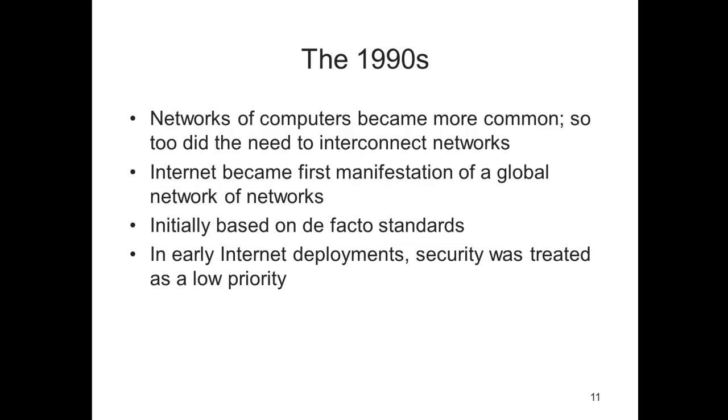There has been a price for this phenomenal growth of the internet. When security was considered at all, early internet deployment treated it as a low priority. The goal was connectivity at the time, and as we'll talk about, there's always going to be a trade-off between connectivity and security. When the internet was burgeoning and developing, security was very much a low priority. As the requirements for networked computers became the dominant style of computing, the ability to physically secure the physical computer was lost, and the stored information became more exposed to security threats.